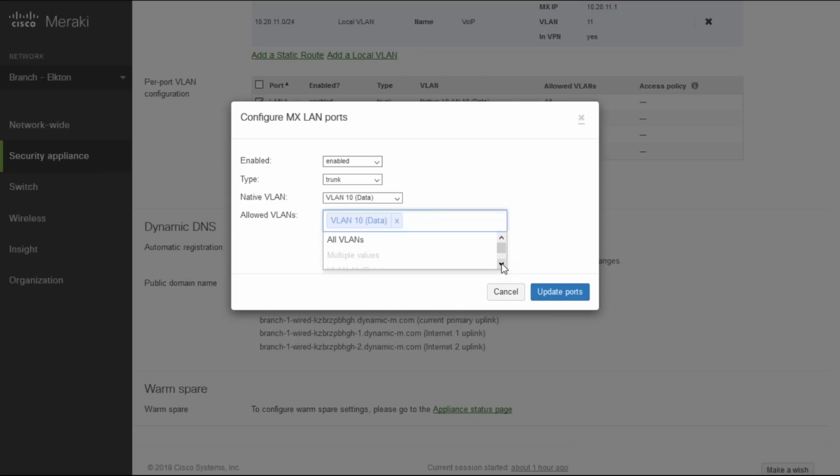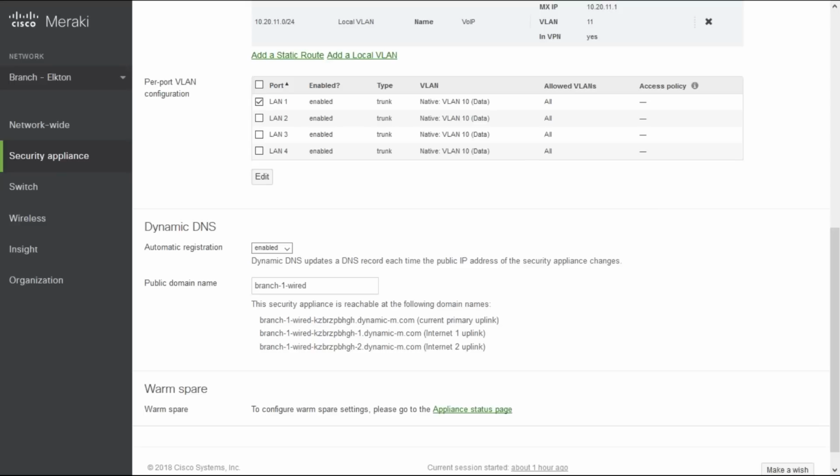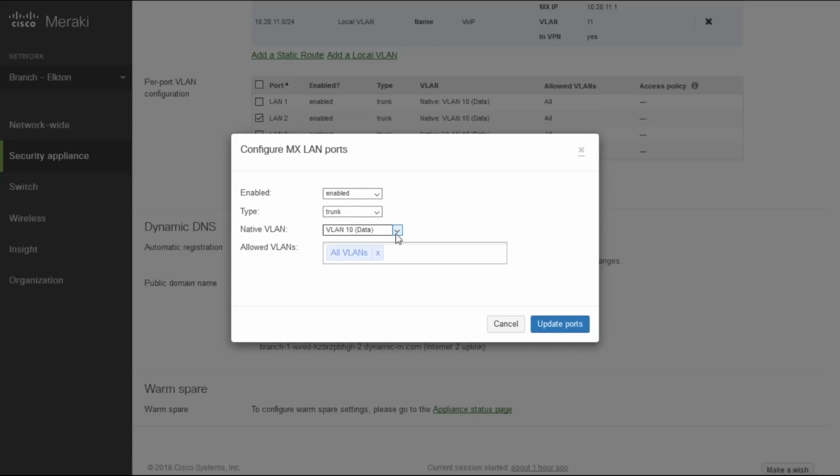You can see here all VLANs, data VLAN, VoIP VLAN, whatever you are allowing. I'm using all VLANs, then update ports. So it will update like that. Now if I go to this port and edit, this time I want to make this an